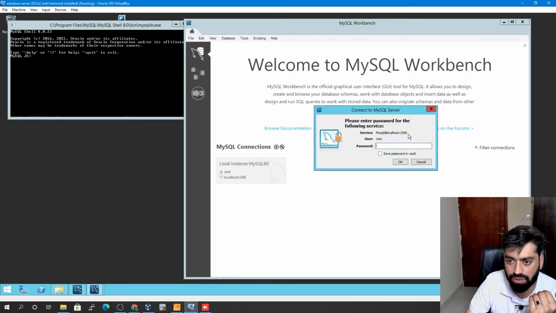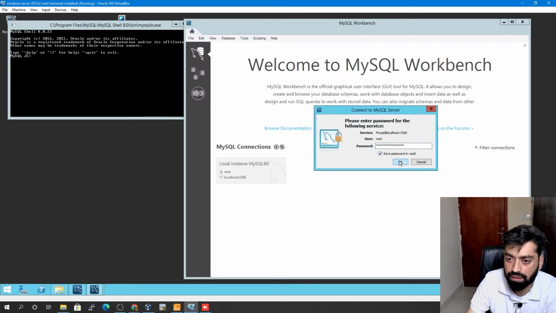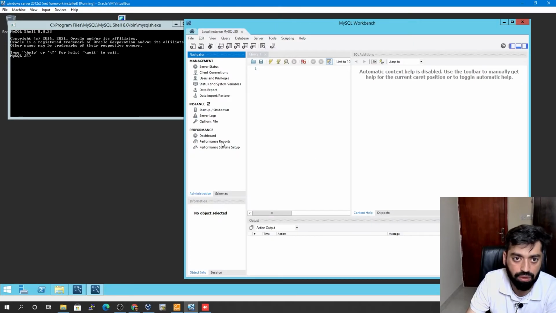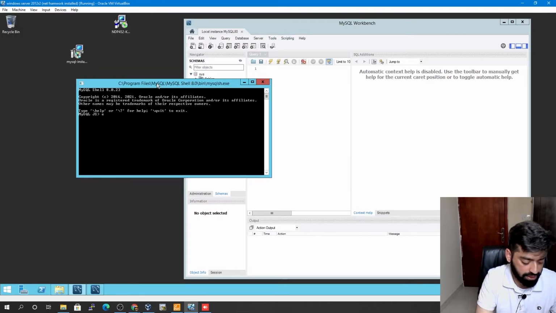If you want to log into your MySQL at localhost at 3306, because this is my service name, and user is root, and let's give it a password. So that's it. Login, and it will log into your server. Come here to schemas. You can see that system schema is here, and if you want to, let's say, exit here,